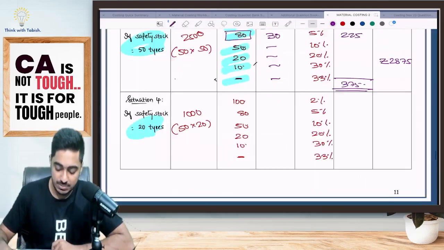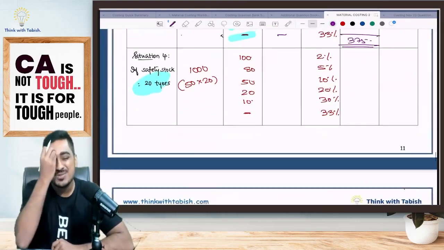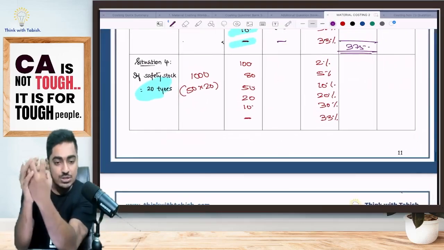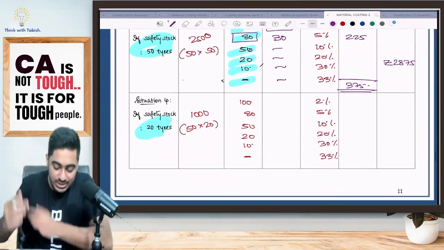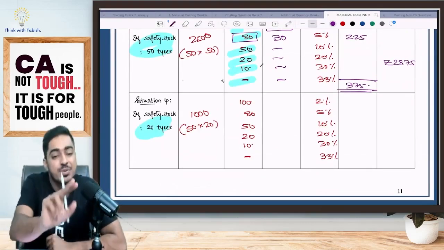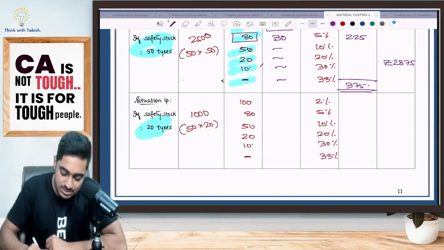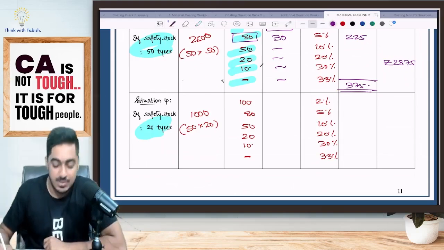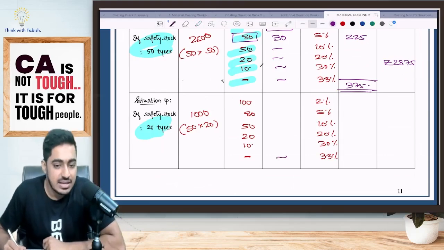Now, situation number 4. I decided, okay boss, why should I keep even 50 tires? Because if I'm holding tires, I incur so much carrying cost, and I don't want to incur that. So if I keep 20 tires only, what will happen? I want to see. If the customer did not come, am I worried? No.